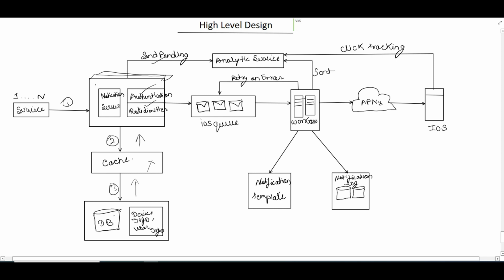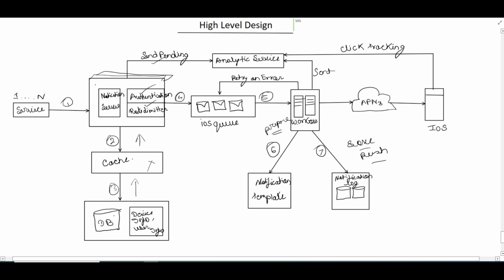Next, this particular event message will be placed into the iOS message queue. For each type of service provider and device, we will have a different queue, but I have defined only one queue, so we can discuss in detail. Once we have put the event into the queue, the worker thread will pick up the message from the queue and talk to the notification template. It will make the SMS ready, and it will save the push notification in the notification log DB. First, it will prepare the message with the help of the notification template, and then save it into the